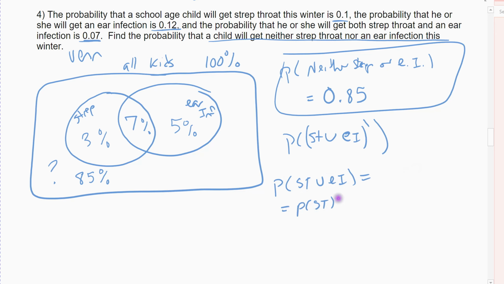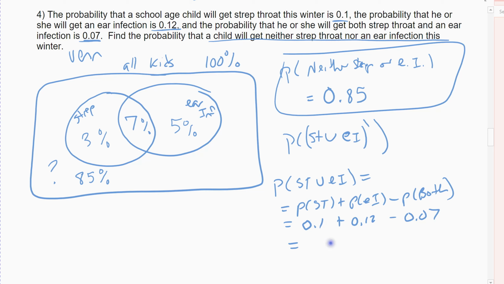Probability they got strep plus the probability they got an ear infection minus the probability they got both, which would be our 0.1 plus our 0.12 minus our 0.07. Alright, this would come out,